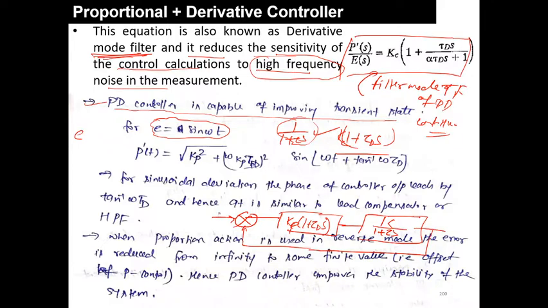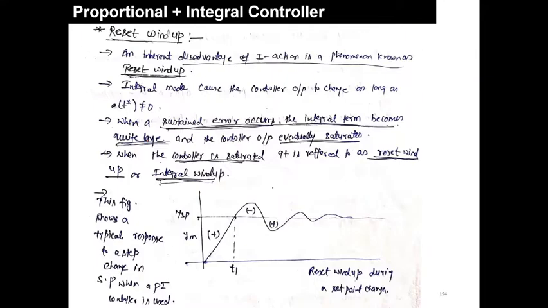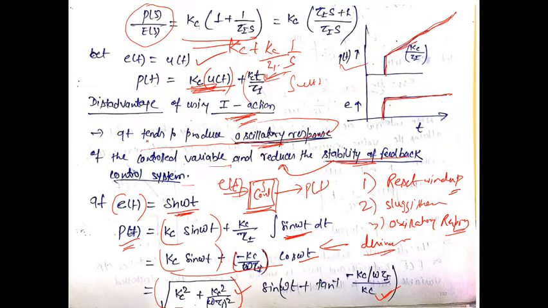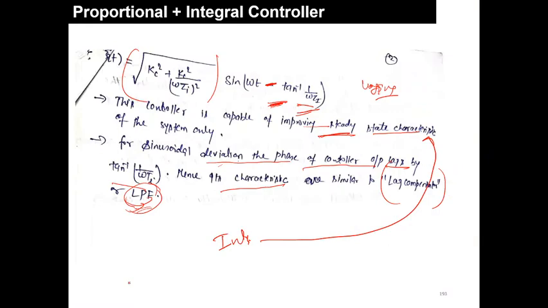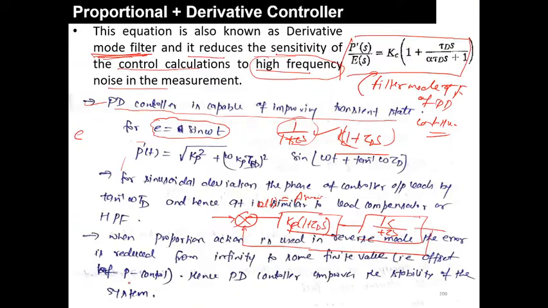So when you supply e(t) equal to A sin omega t or something, such a response will come. We have already calculated this, which you can see at the time when we defined the integral controller. Just go through and try to find out. If you find any problem, let me know and I will try to solve it. Or you can also find it with the help of the basic formula.